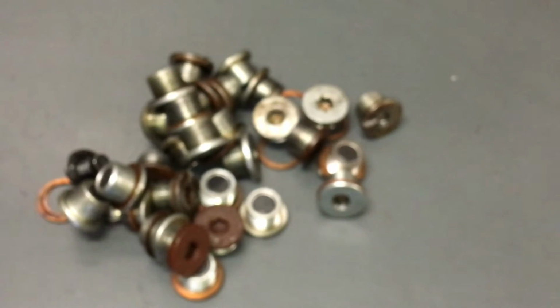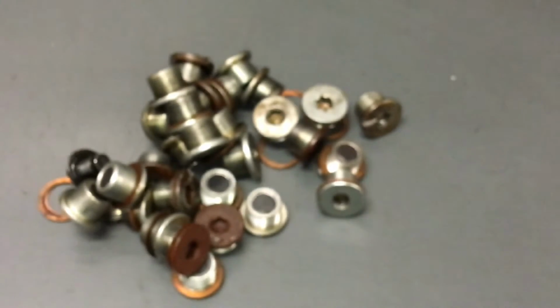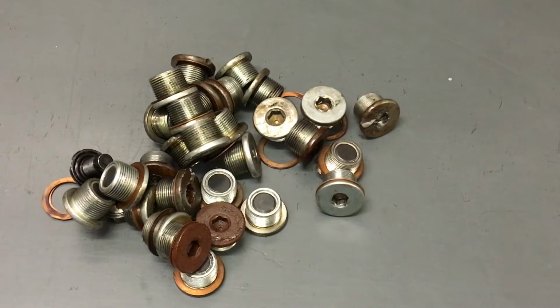Now I don't want to change it every service. So if you've got a new genuine one, so if you bring it to nobody else but us for the 40,000, 80,000 one, and I can't do them all, so it's not going to happen, but if you did, you'd never need to change the plug. You'd probably never need to change the washer, because we're talking at the specification. Over tightening is the problem. So we've been clear,